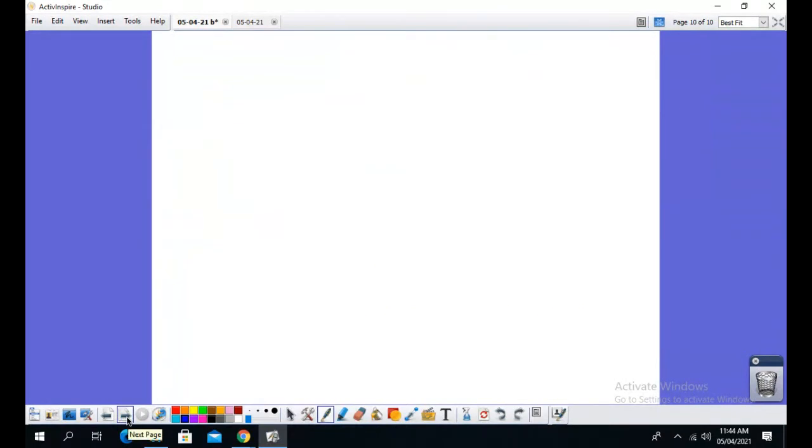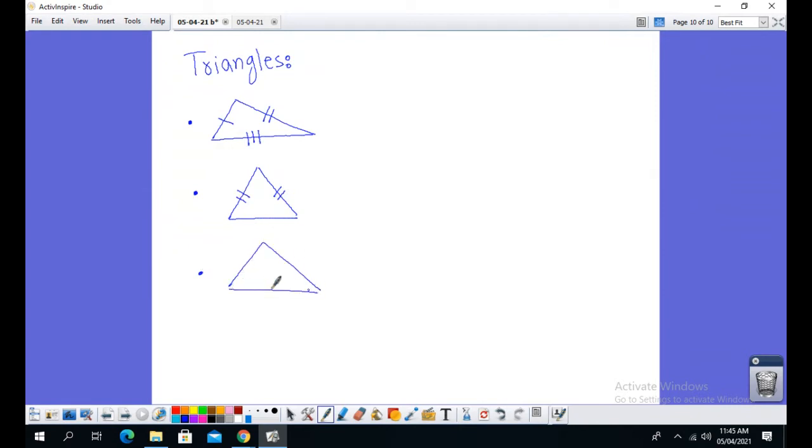Therefore, we have some other basic information, which is about triangles. Here we draw some triangles. This triangle is one in which all the sides are unequal. This side is unequal to this side, which is unequal to this side. Another triangle has two sides equal, another triangle has three sides equal, and another triangle has one angle of 90°.